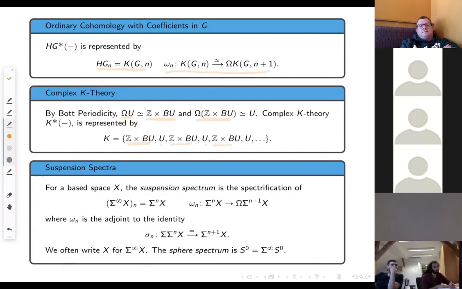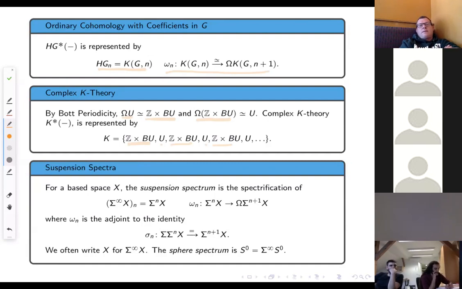So another type of example that's going to be important is suspension spectra. It turns out that if you have a base space, then you can turn it into a spectrum. We have this category of spectra, and we're actually going to think of spaces as living inside it. It's like an enhancement of spaces. So for a base space X,